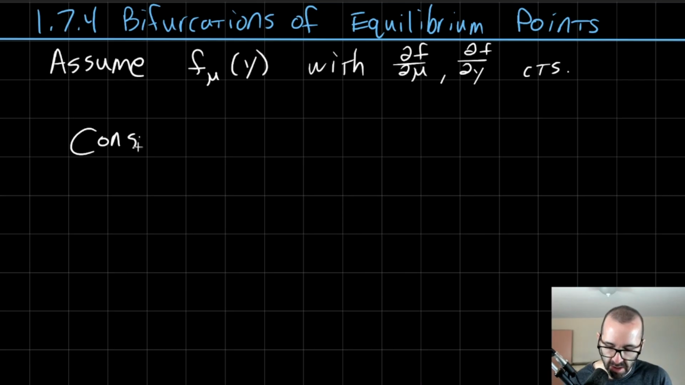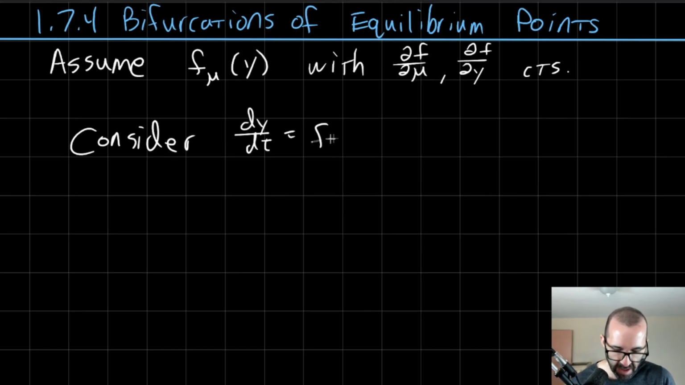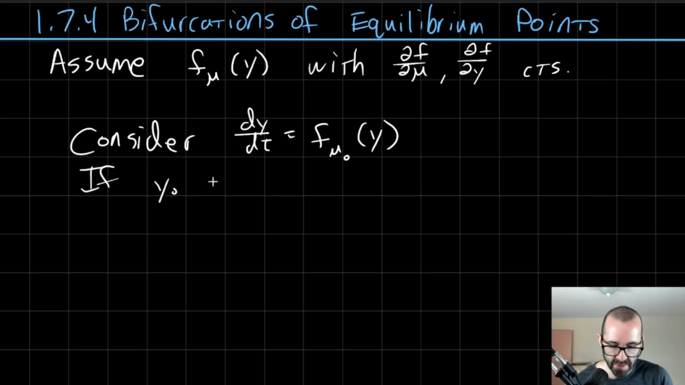So let's consider a one parameter family, a differential equation dy dt equals f of, and specifically I want to look at f of mu naught. Let's just look at not the whole family for now, one parameter, mu naught, and at y, sorry, just at y. Now, if y naught is an equilibrium,